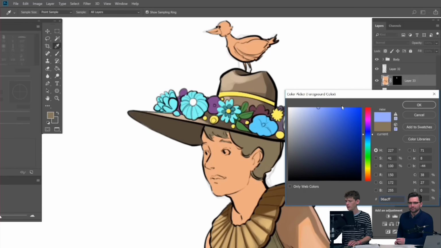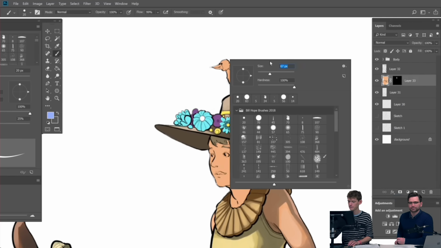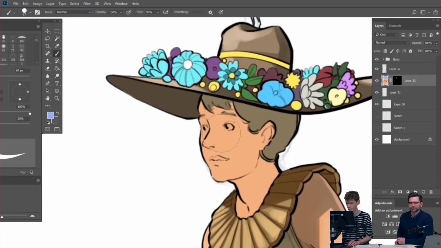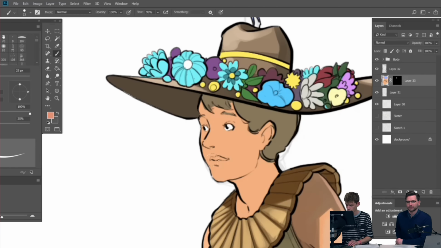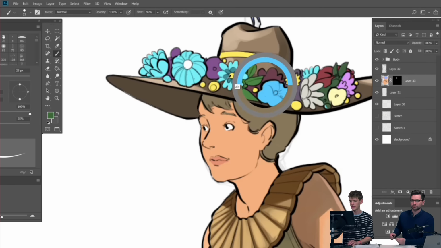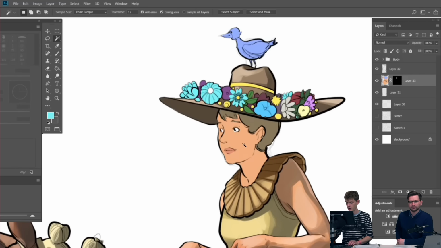Might go with a nice bluebird. Another good tip is the Option key while you're painting for the color selector, which makes things nice and quick. I held down Option, and that switched the colors around. You can see the little color detection ring pops up. Okay, that's all looking fine.